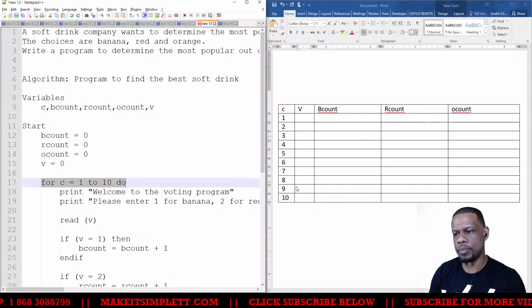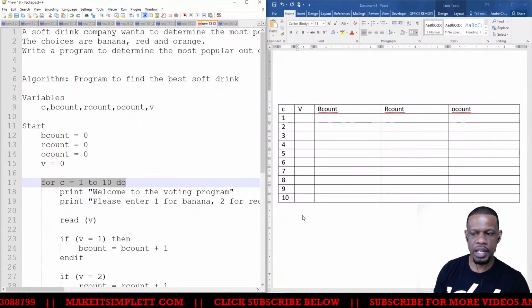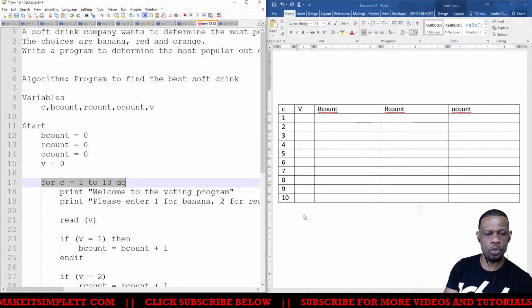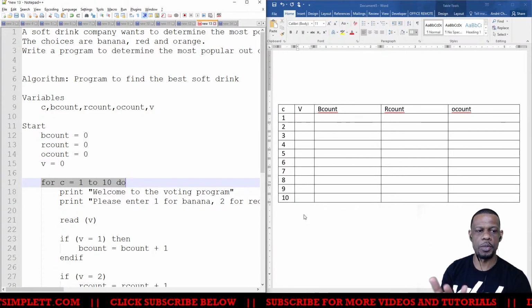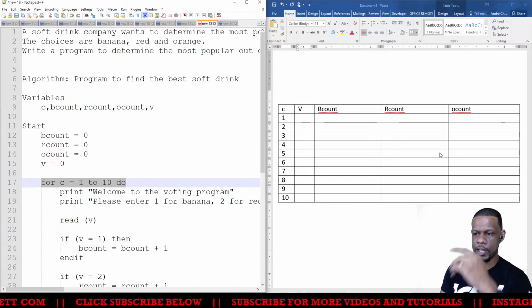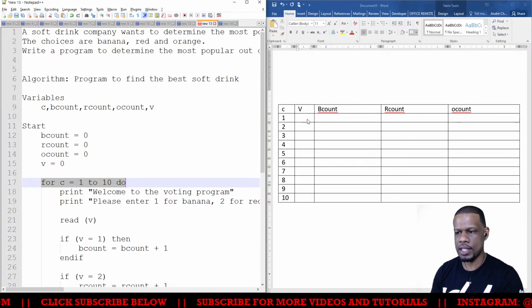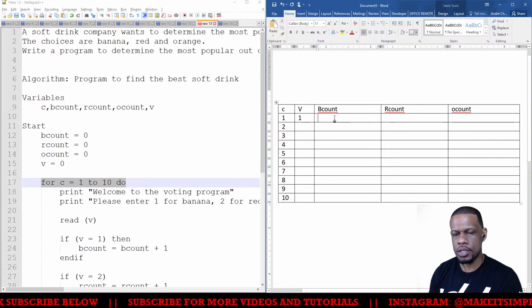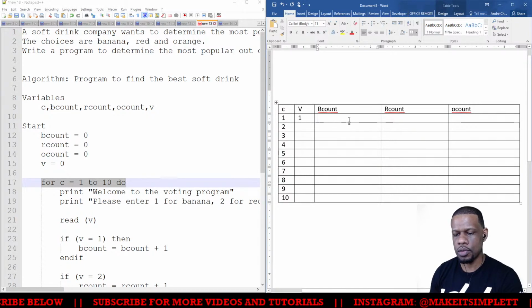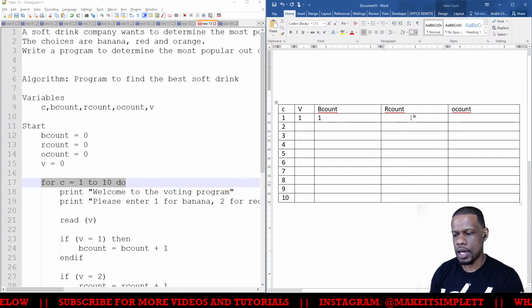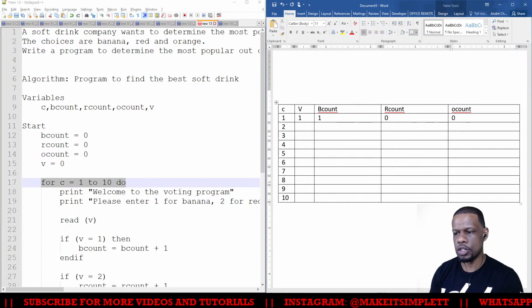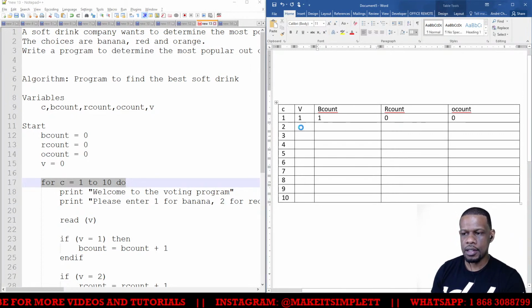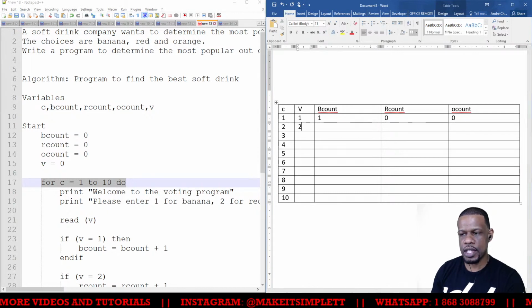So what is going to happen? I'll do this trace table again over when I actually do the program code next week, right? Next week when I do the program code, we will check the actual inputs that we put in and make sure that they give the correct numbers, right? The trace table is supposed to be a test. So if the person puts in their vote as 1, the B count is supposed to go up by 1. So it should show you 1. The R count will be 0, the O count will be 0, because those were all initialized to 0 at the start.